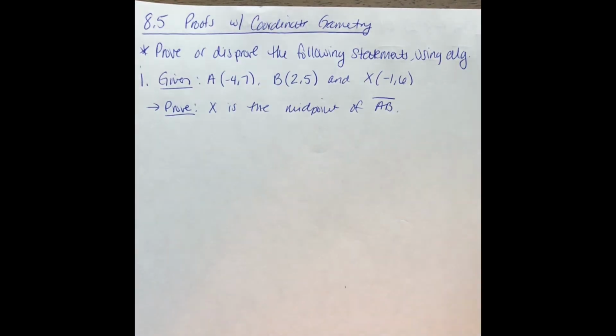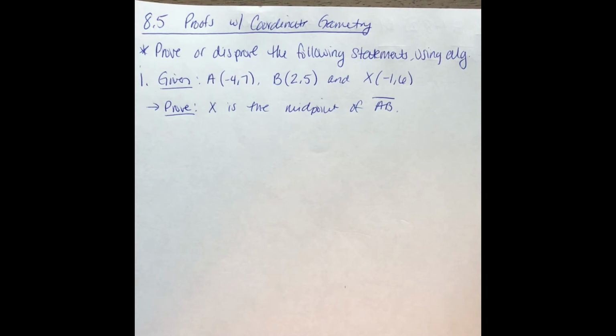All right, Honors Math 9. Our last section was using the distance formula, the slope formula, and the midpoint formula to just identify it. Now we're going to use those same formulas to help us prove statements. So we have to either prove or disprove. We're either going to say that this statement is true or it is false based on our own algebra